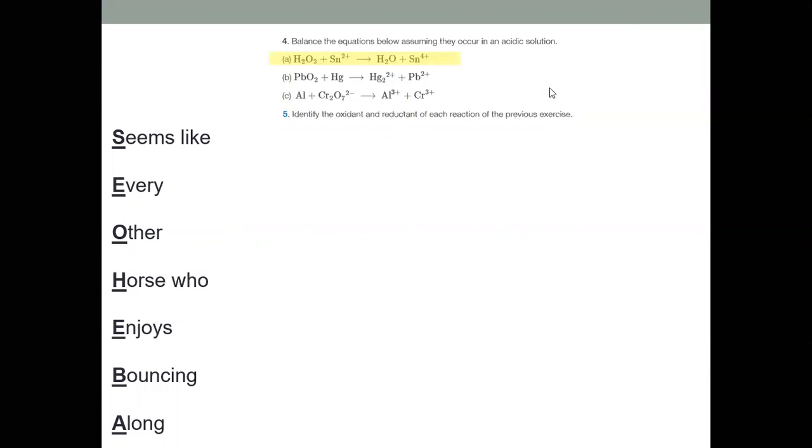And the next example is going to be hydrogen peroxide reacting with tin. Let's separate our half reactions. So let's have the half reaction with hydrogen peroxide, H2O2,